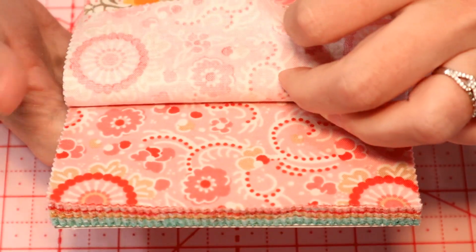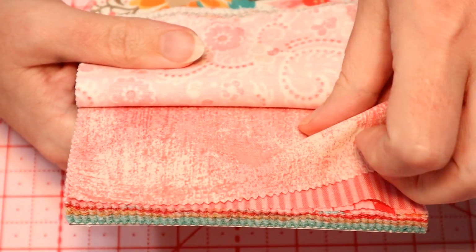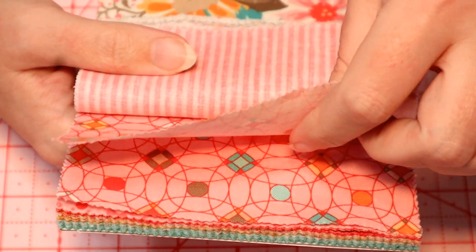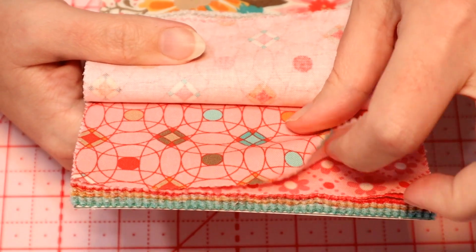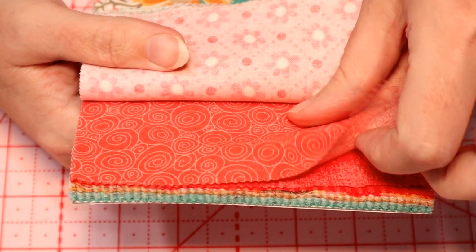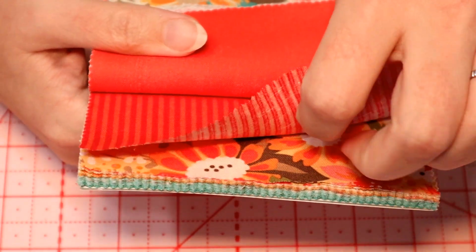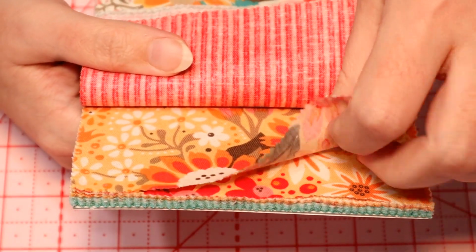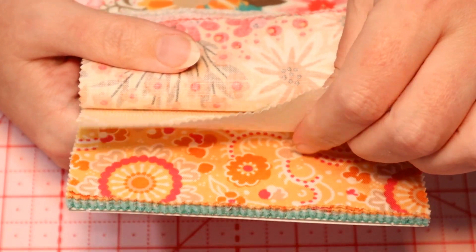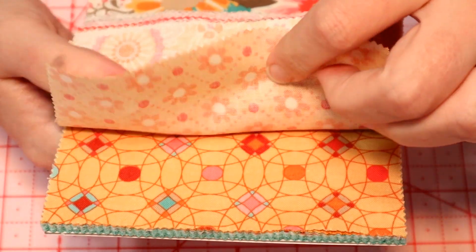The nice thing about it is that even when you have a charm pack like this, you might not love every single fabric in it, but usually a pattern will call for either not using every single piece, or if it does, you can usually still end up loving the end result because it just becomes accents to the rest of the fabrics which you do like. I'd say if you like the majority of the fabrics in a charm pack and there's a few that you're kind of questioning, don't sleep on the charm pack. Pick it up because you might not like those one or two pieces, but once it's put together in a quilt,